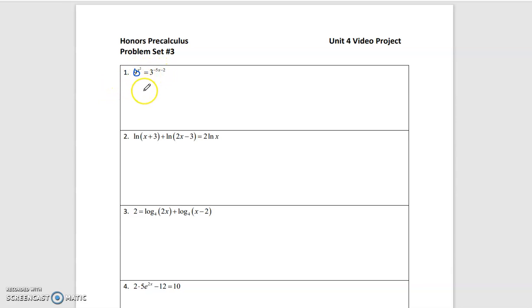3 times 3 is 9, and it's already in an exponent form. So you write it like this: 3 squared, x squared, equals 3 to the negative 5x minus 2. Okay, so now that you have that set up and they're the same base, you can distribute right here, which will give you 2x